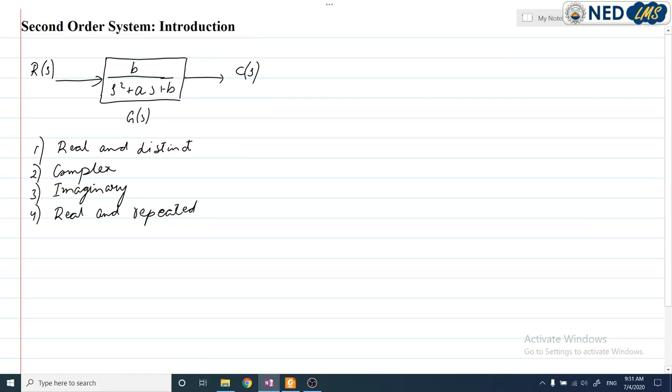So these are the 4 possible combinations of the roots,